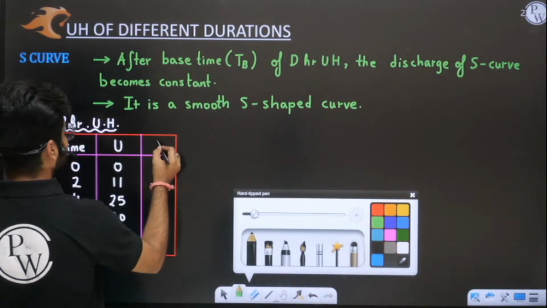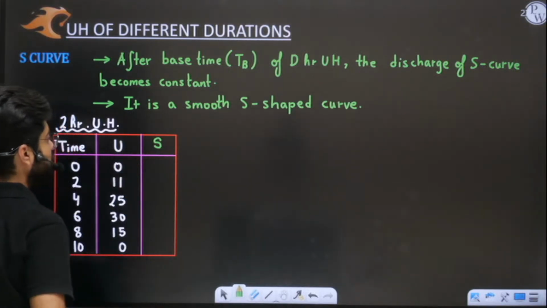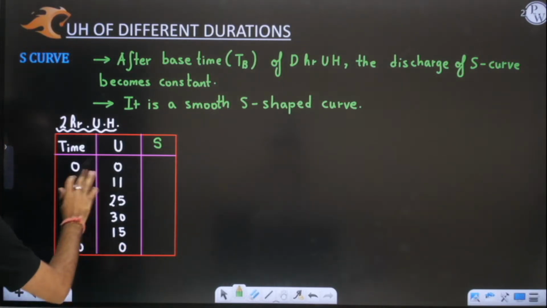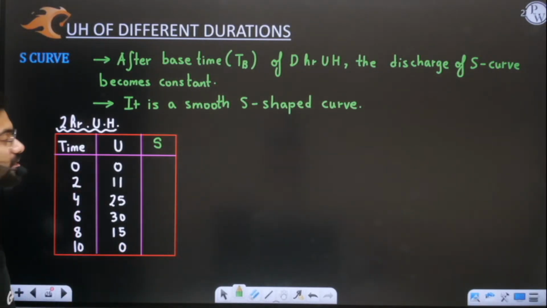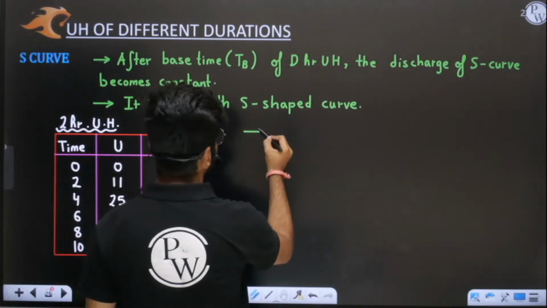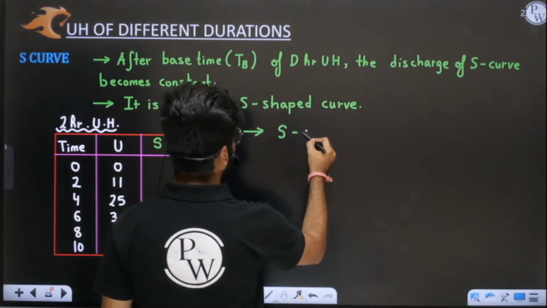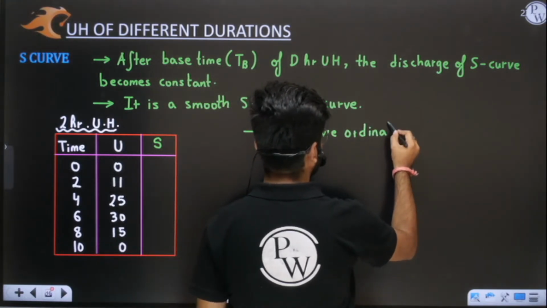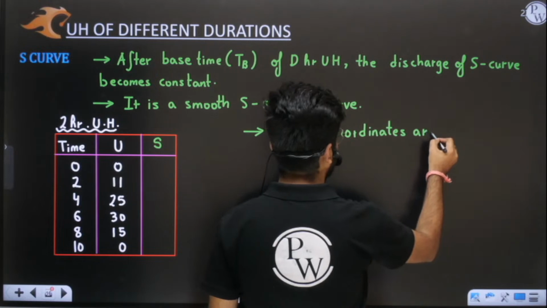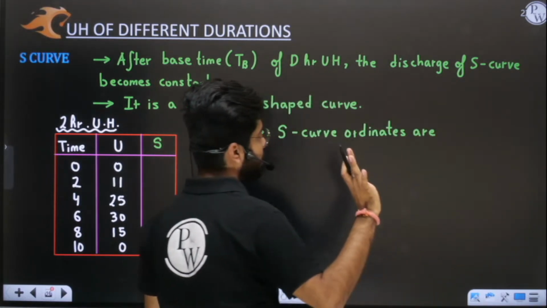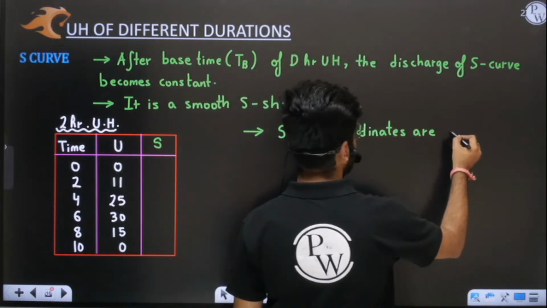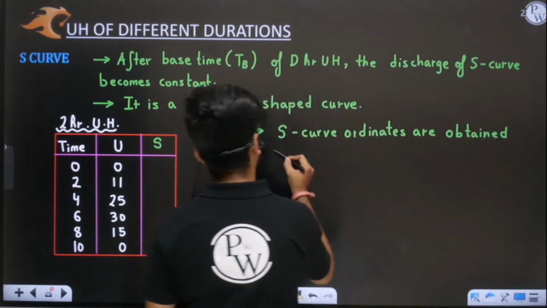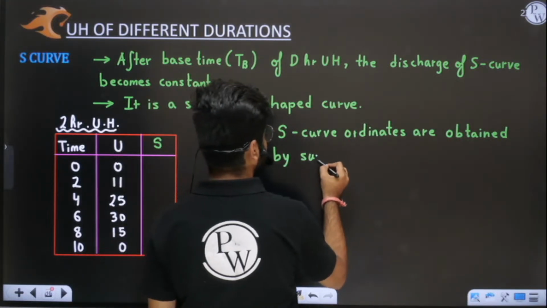If you want to write it directly, there is a technique. If you want to write the S curve directly, there is a technique. You have to simply do a summation. Listen very carefully. I will write this point first. S curve ordinates. It's very simple. You simply have to sum it up. S curve ordinates are obtained by summation of